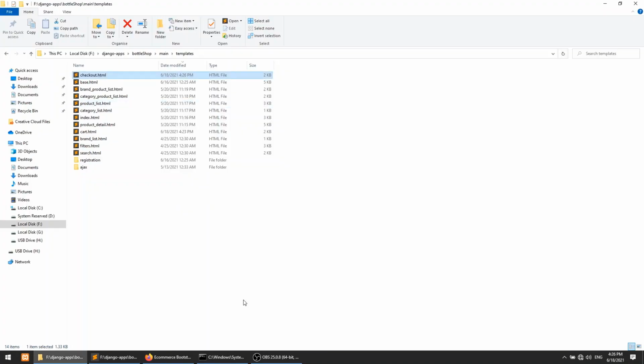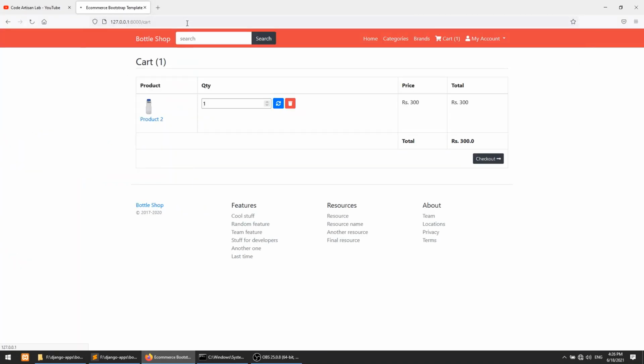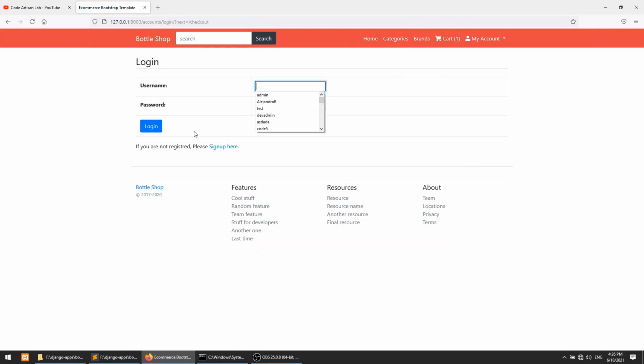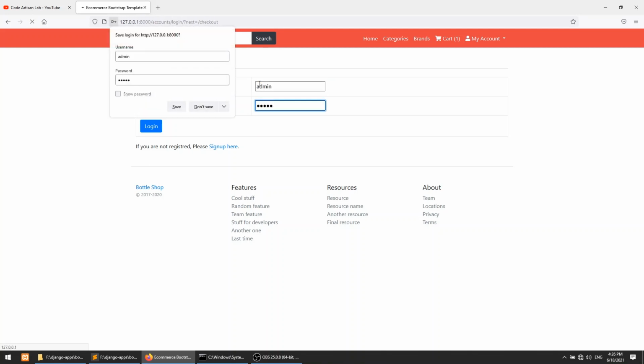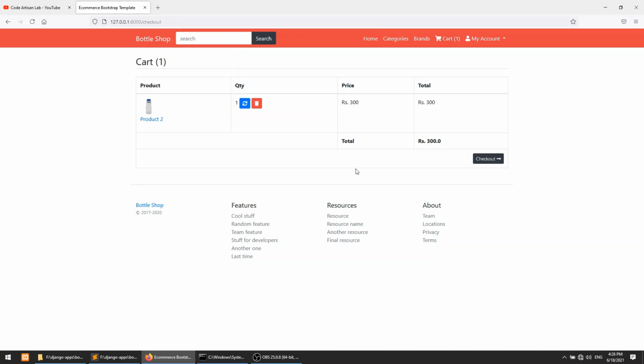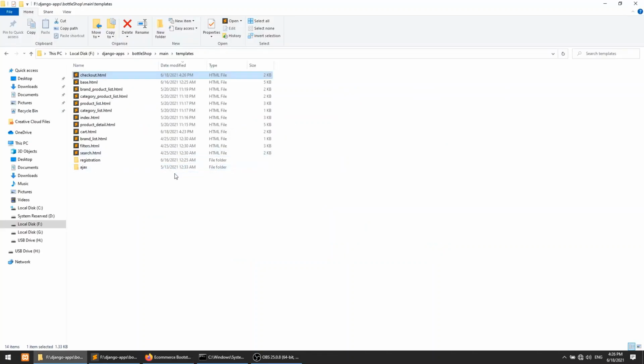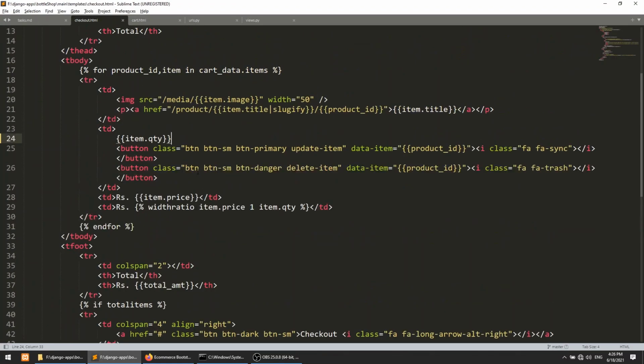So let's refresh the page here and click on this checkout, and it will redirect to the login. After the login, it will redirect again to the checkout page, and here it is showing the things. But we also need to remove these buttons. So we will remove these buttons.